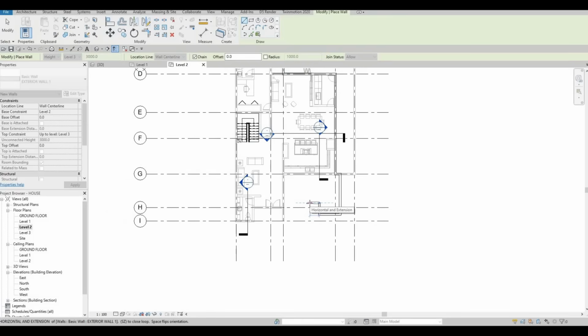This will be 1000, and then going back to H grid line, going across here,